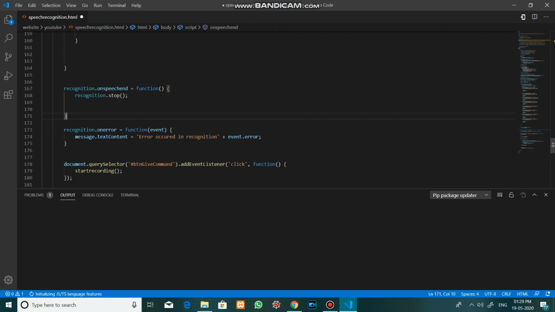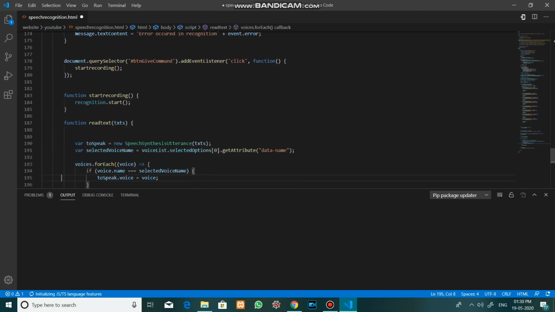And when the user stops giving his command, the recognition stop will be invoked. And if in case any error occurs like a network error, this message will be displayed.